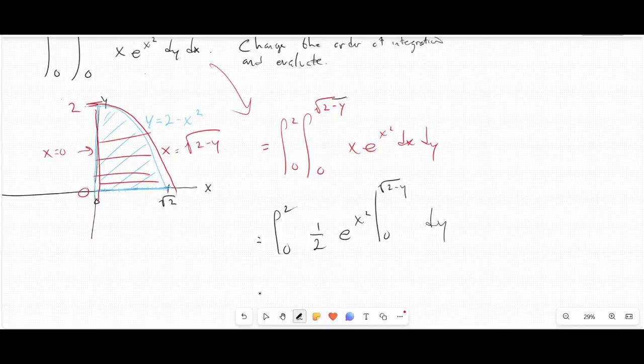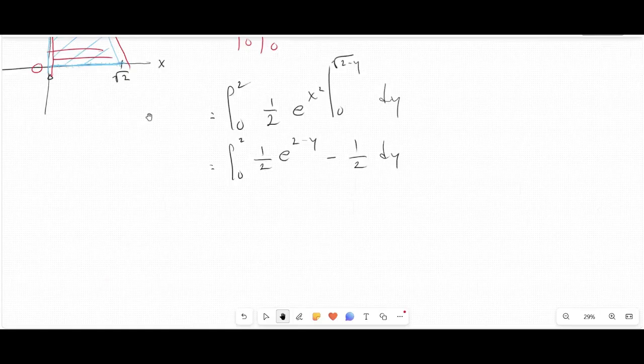If you plug in root 2 minus y, you'll get 1/2 e to the 2 minus y. If you plug in 0, you'll just get 1/2. And that's a very easy integral, right? This is equal to the integral. Well, you take the 1/2 out. You want to integrate e to the 2, e to the negative y. That's the same as e to the 2 times e to the minus y. So negative,